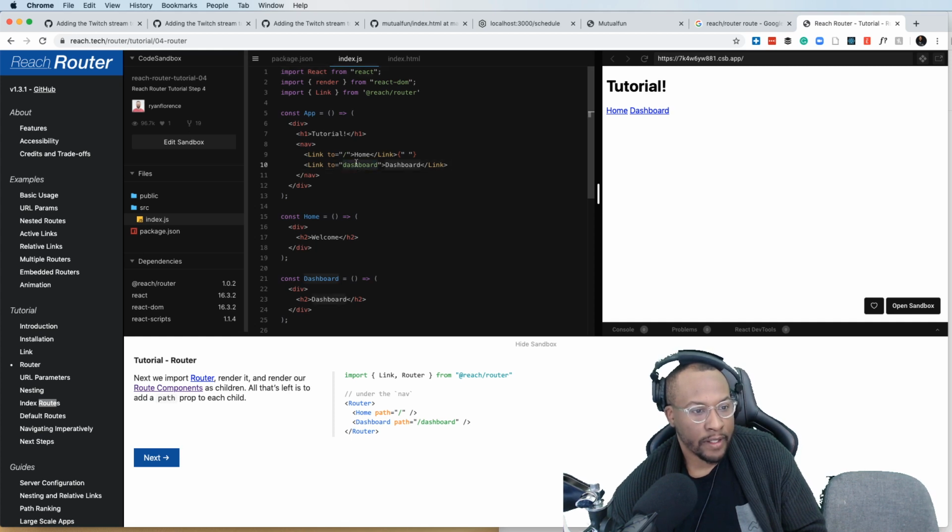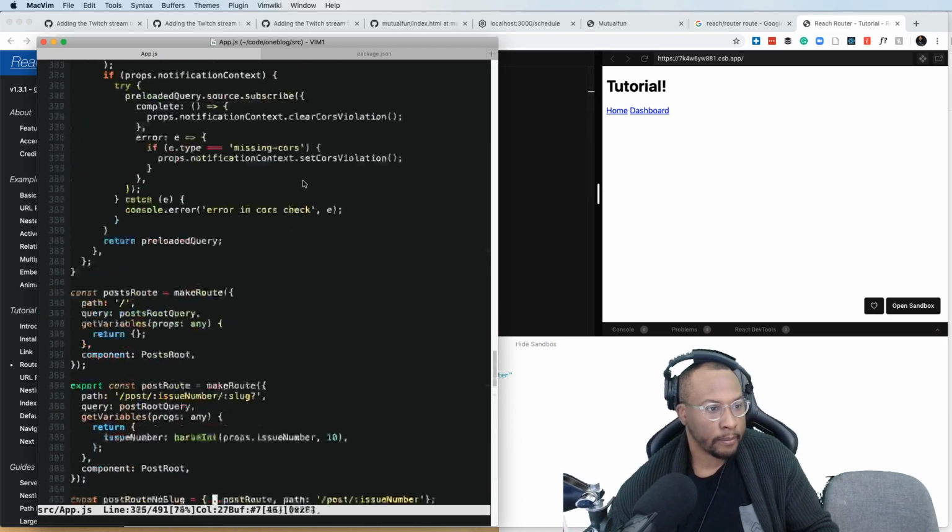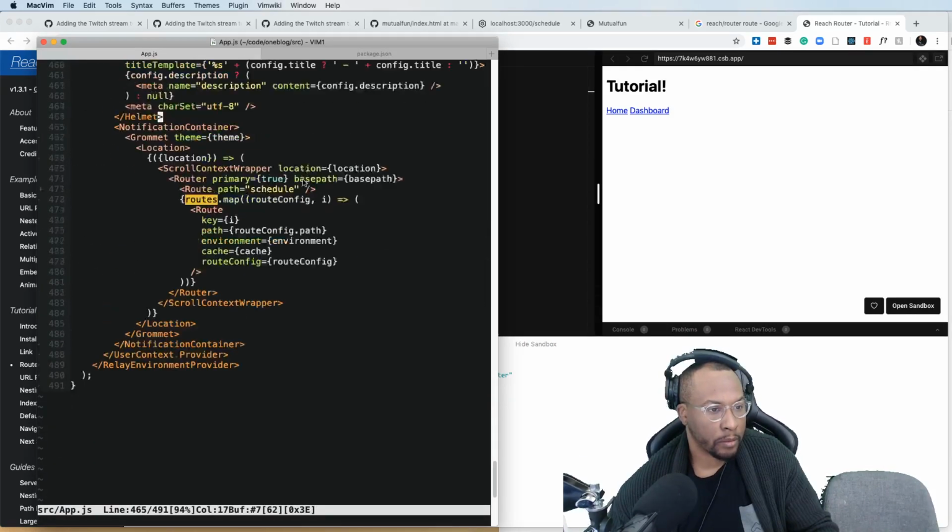Oh, so I wonder if it's the naming. If I create another component for just the schedule and make it truly a single page app, just like old school, the way I used to do it, reminds me of Ember. So if I go back to my route,